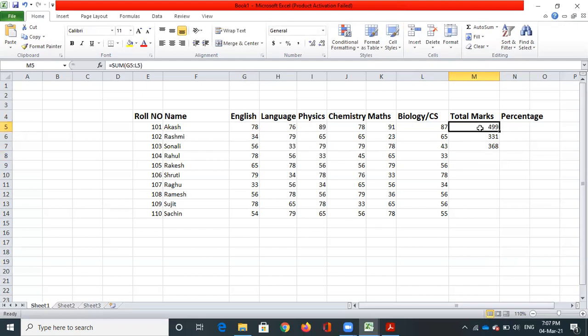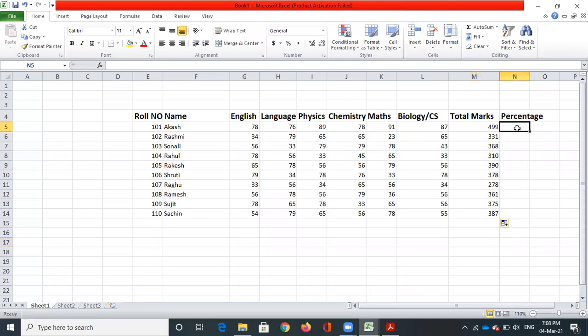Otherwise, once you have calculated with this formula, instead of doing this for all the students, if there are say 500 students, it will be very difficult. So just click on this. Already we have written the formula. Just place your cursor here. We can observe that a bold colored plus is appearing. That is the cursor position. Just drag this down so that the total marks is calculated automatically. So this is how you are supposed to calculate the total marks.